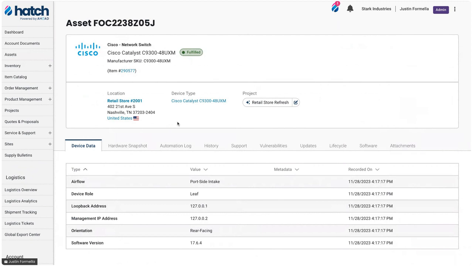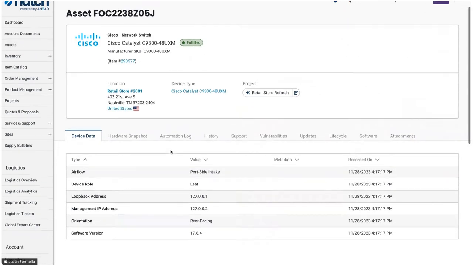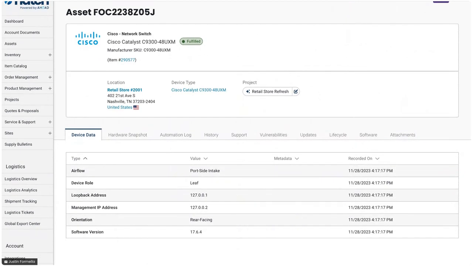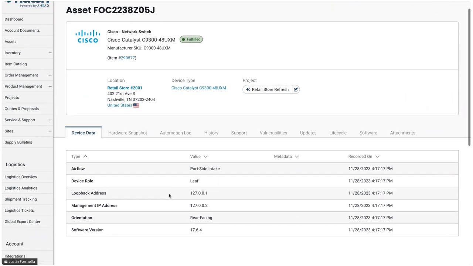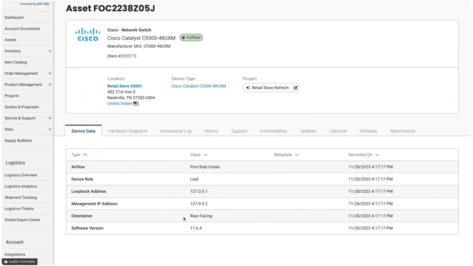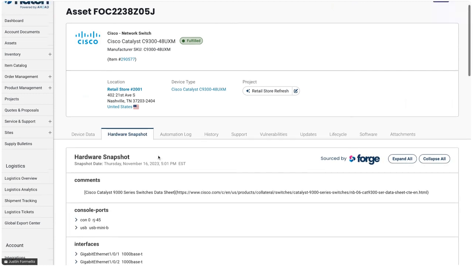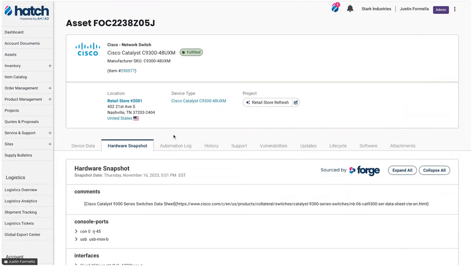Drilling into that, I see details on any information we may either pull from a partner, we may manually apply, we may pull through automation or configuration that's happening within our integration center. See the details here on some initial configuration details of the switch. We have hardware snapshots that are coming in from another system. We have another piece of software called Forge, which is our image, test and configuration environment.